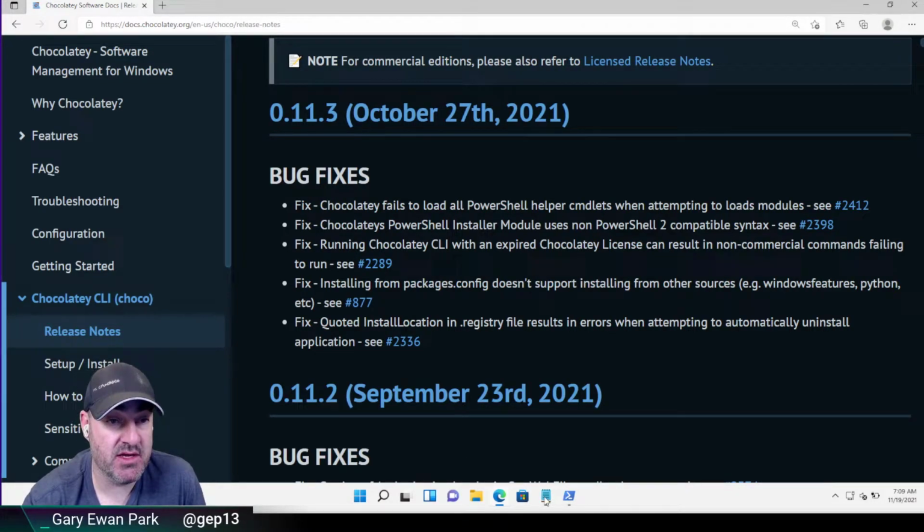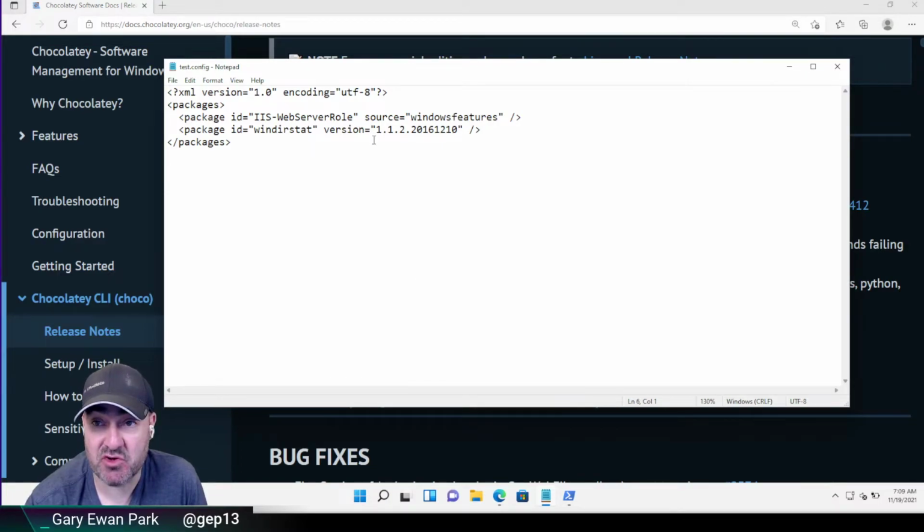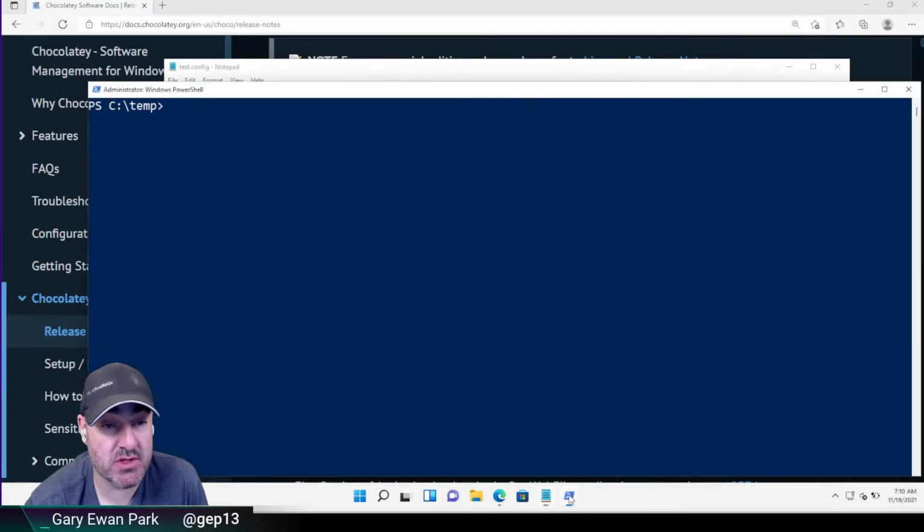So what I've got here is one of these packages.config files. In here, what I'm saying is I want to install a package that has the ID of IIS web server role, and I want to take that from the source that is Windows features. And then I also, in the same execution, I want to install the windirstat package with a specific version. So now that I have this file and I have Chocolatey 0.11.0, I can do choco install from that test.config